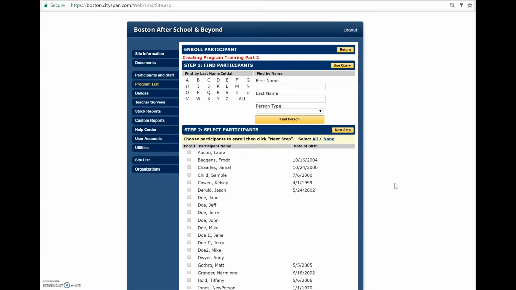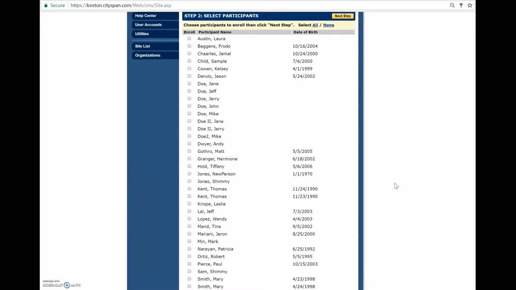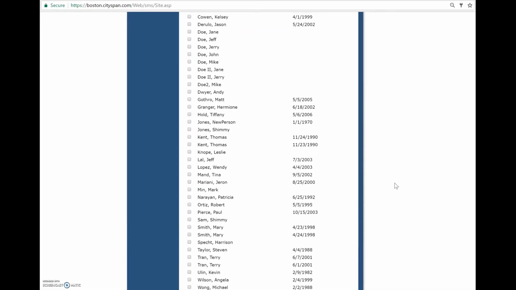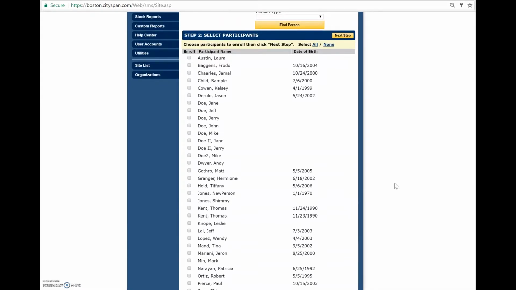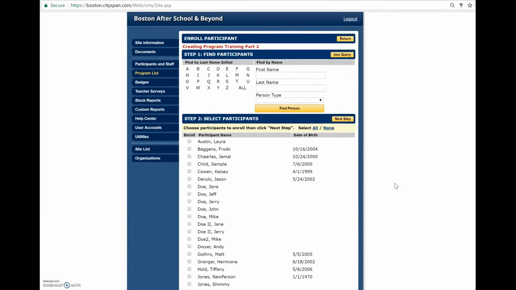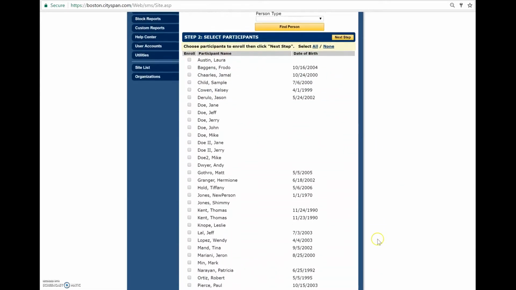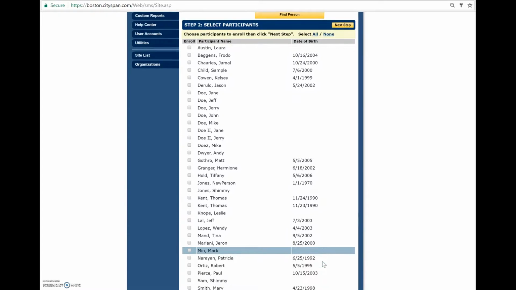And this may contain previous year's youth. Let's say you had a list of like 50 students for summer 2016, and you have a list of 50 new students for 2017. This will definitely contain both of those lists of students, but there is a way to hide previous year's students. If you'd like to learn how to do that, a video will be in the description box below. So once you've cleaned up this list, so that it just contains the students that you're hoping to enroll in this program,